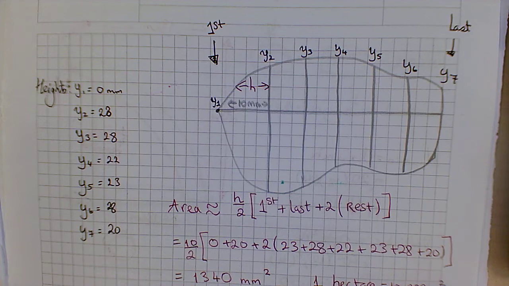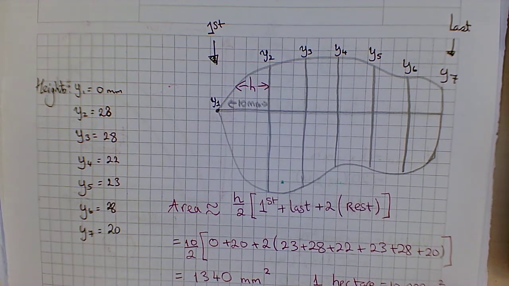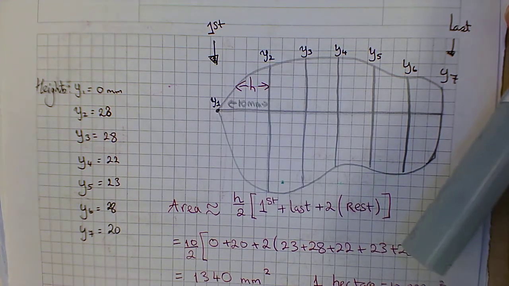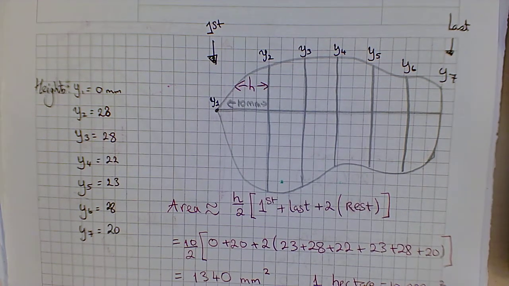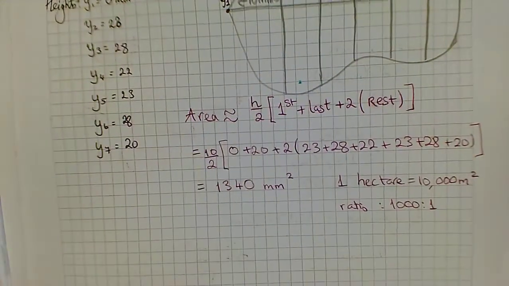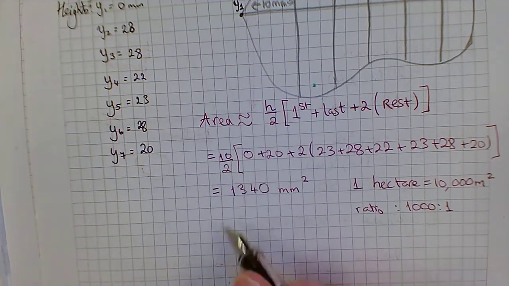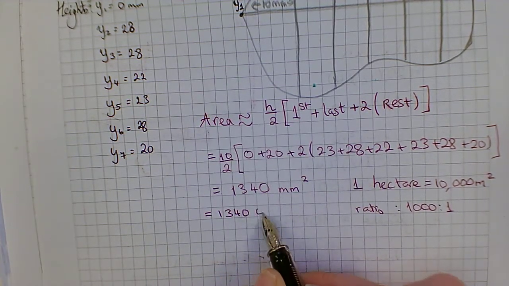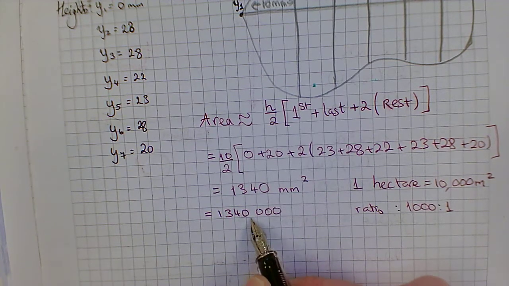And we're also told that the ratio is 1,000 is to 1. So that means that my true area here is that this corresponds to 1340 multiplied by 1,000